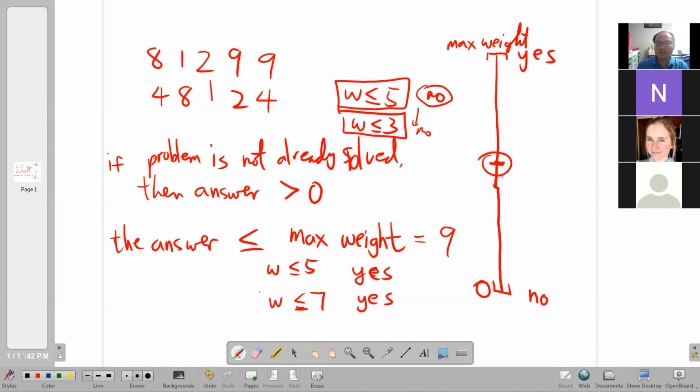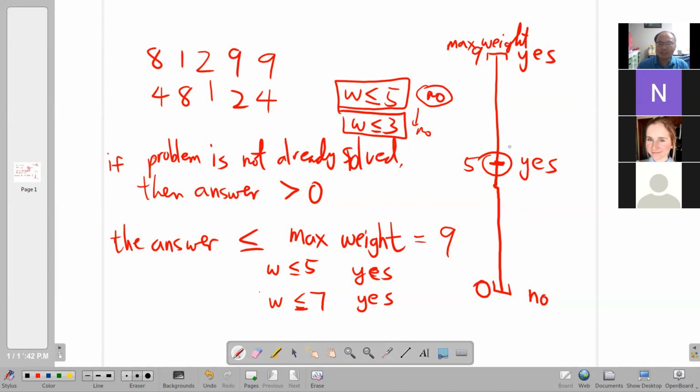So you ask, take the middle, right? So this is 9 in our problem. This is 0. So I ask, what's the middle? Middle, let's say it's 5. I ask if I can easily say by moving all the weights from 1, 2, 3, 4, 5, can I put things in pairs? If the answer is yes,